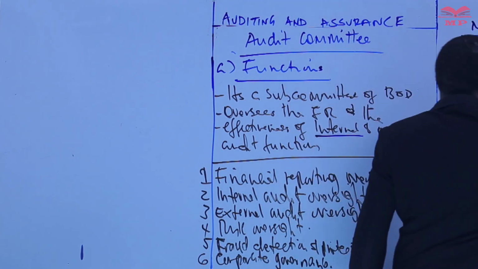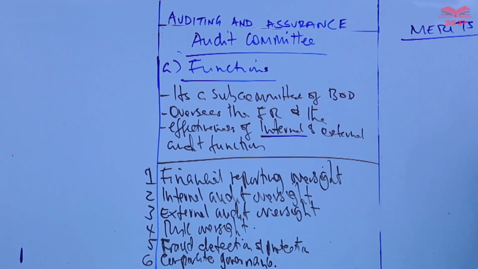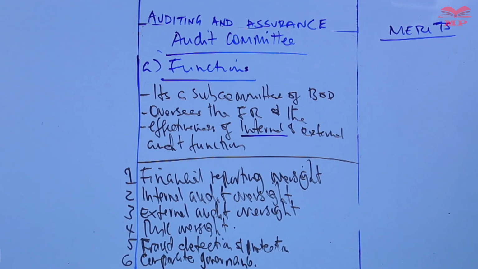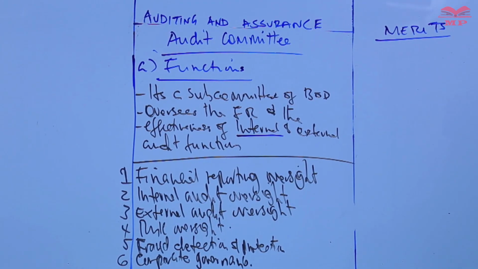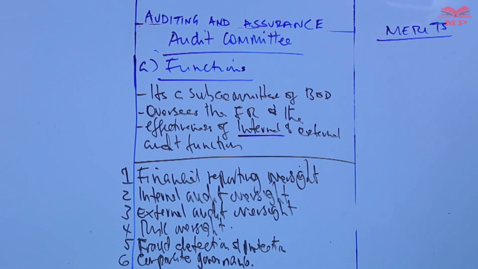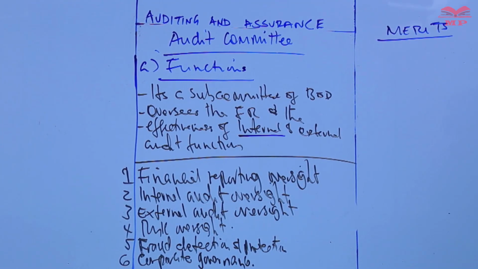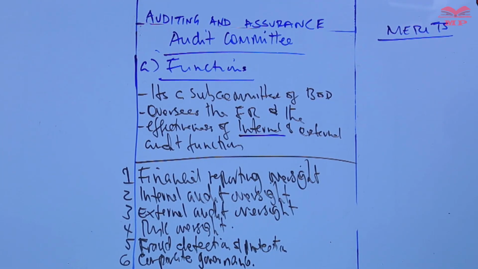Now, from these functions, it is easy for us to identify the merits of this committee. The benefits. What are the benefits? What are the merits? Now, from financial reporting oversight, just by the mere fact of oversighting the financial reporting processes,